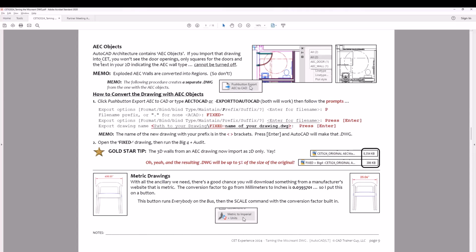Oh, and also that text that says this is an AEC wall. You can't turn that text off. I looked at that too. It's not a layer that's in your CET drawing that's turn-offable. Exploded AEC walls are converted into regions. That was just the last 3 minutes. So don't explode them. It's your responsibility. Don't do it. I posted this on Design Pop, and Alexander put this up here, what I'm about to share with you,